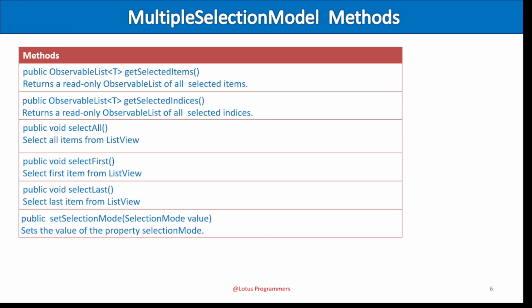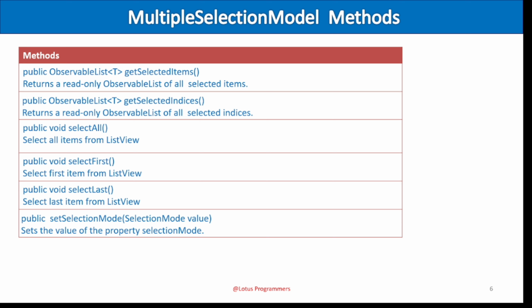First, for setting the selection model for the list view, from the MultipleSelectionModel class, we have to call the setSelectionMode method. Through the setSelectionMode method, we can set the selection mode for the corresponding list view object. As an argument, we send a SelectionMode